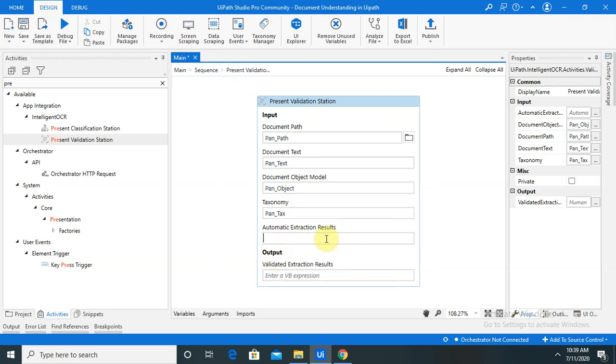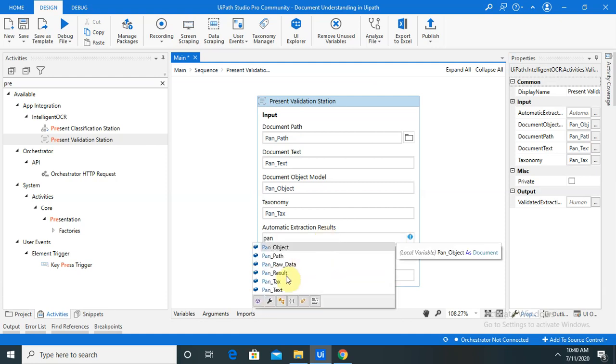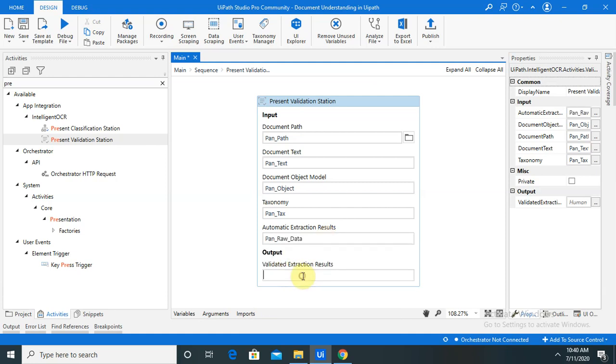Then automatic extraction result. So automatic extraction result we are going to add here as pan raw data, and in final output result we are going to add as pan matched, creating one variable pan matched.